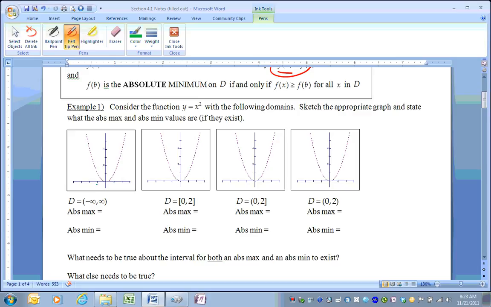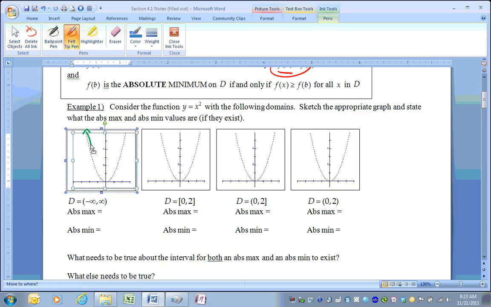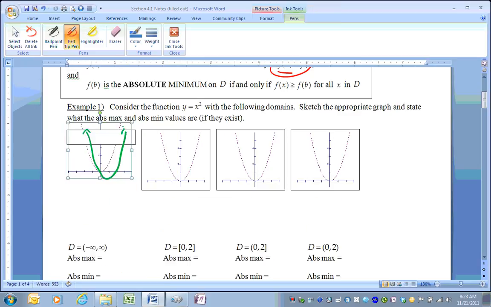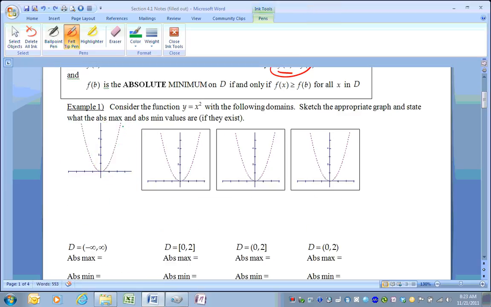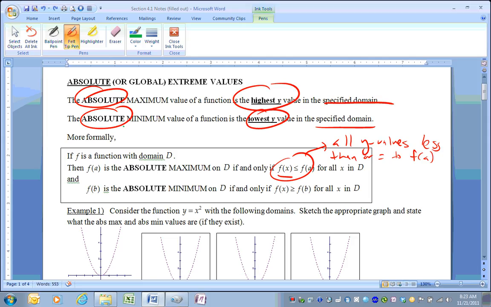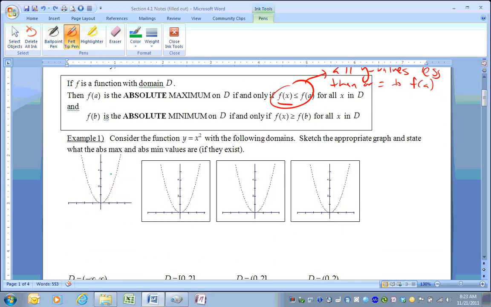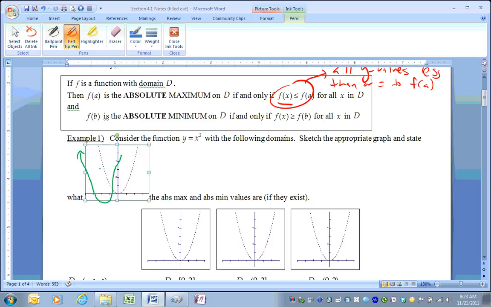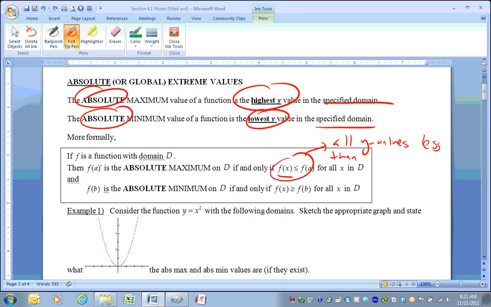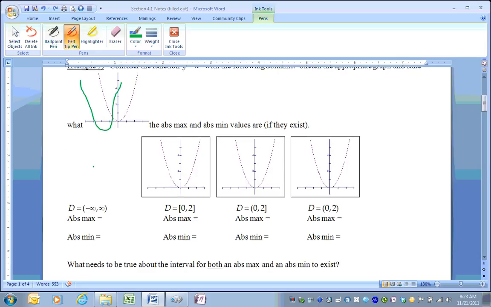If your domain's all real numbers, right? Oh, that's great. That's Microsoft Word just being too smart for its own good. Okay, I'll just draw with my mouse. There we go. Oh, come on, really? It's frustrating. Okay, I'll just draw it right here. We don't need to use